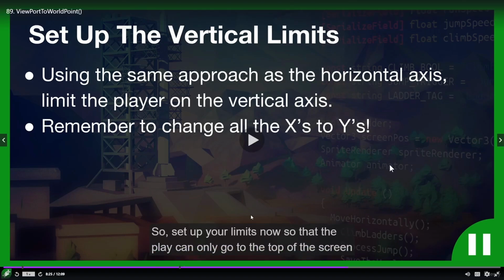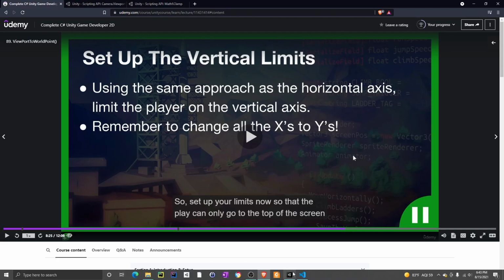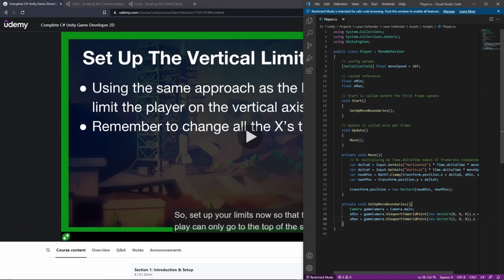Oh, wait. This is another challenge? You have to set up vertical limits using the same approach as the horizontal axes. Limit the player on the vertical axes. Remember to change all the x's to y's. So basically,